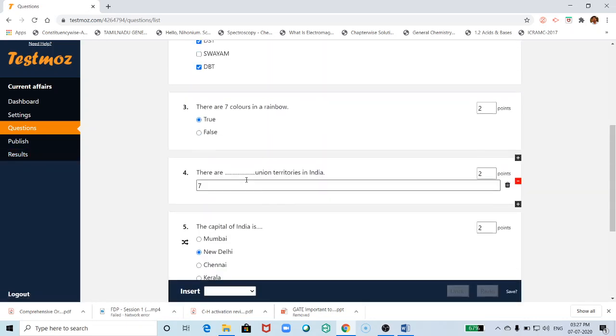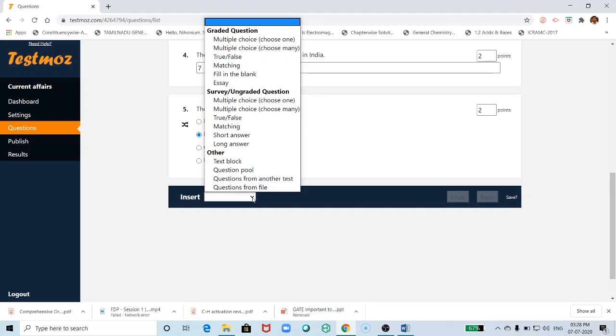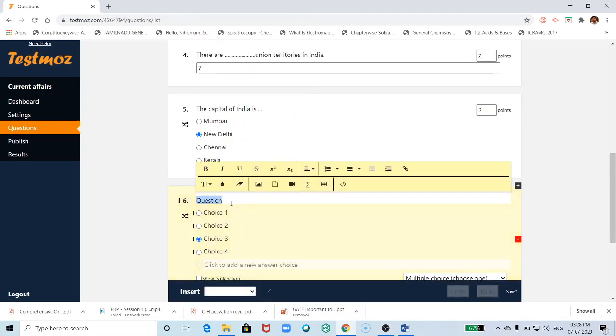And you can also insert an image. I will explain how to insert an image here. So I am going to add another question.